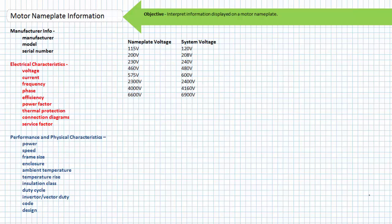Voltage. If there is one aspect of the motor nameplate that kinda drives me crazy, it is the means of how voltage is expressed. The nameplate voltage value is close to, I'm using quotation marks with my fingers by the way, the nominal system voltage the motor is intended to run on, and you're supposed to know which system voltage that is. For example, a motor with a nameplate voltage of 115 volts is meant to be run on a